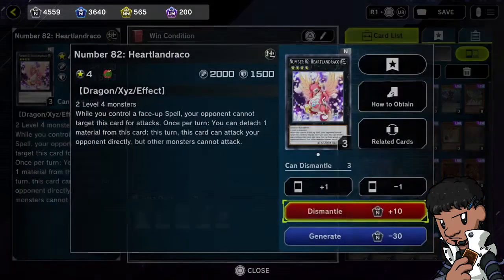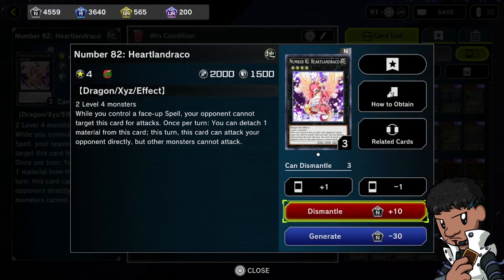It takes 2 level 4 monsters, 2000 attack, and you can attach a material to let this card attack directly, but then your other monsters cannot attack. It also protects itself, so if you have heavy forward on the board while you do that, your opponent cannot target this card for attacks, so it puts pressure on them to get rid of this card because you have a monster that can do 2000 damage direct every single turn,